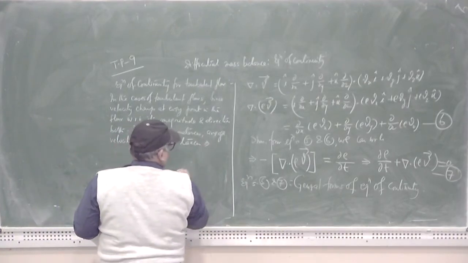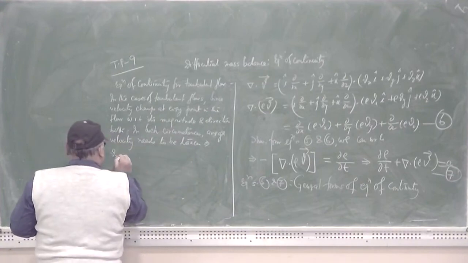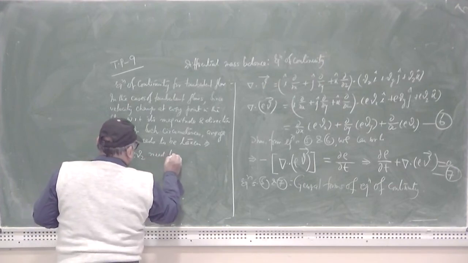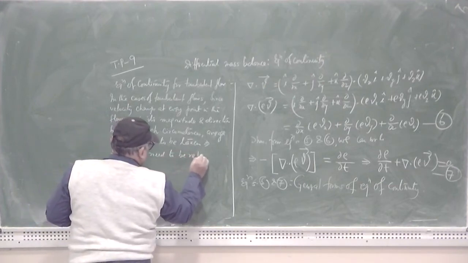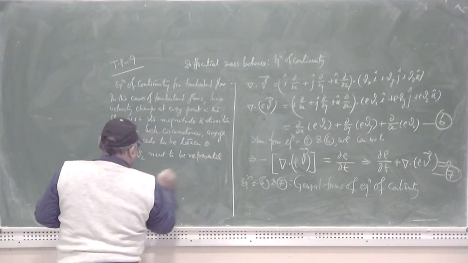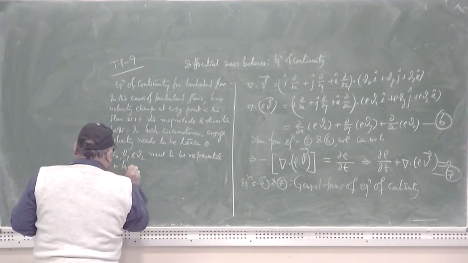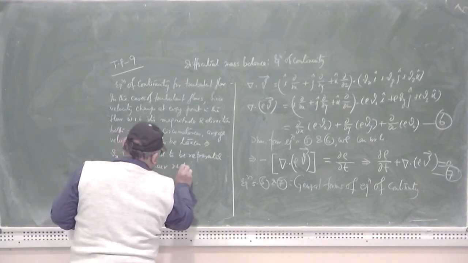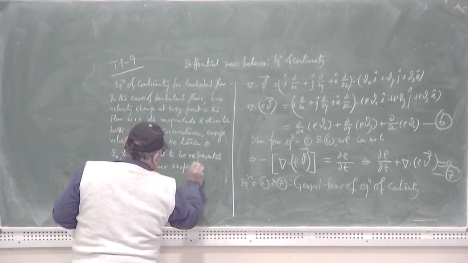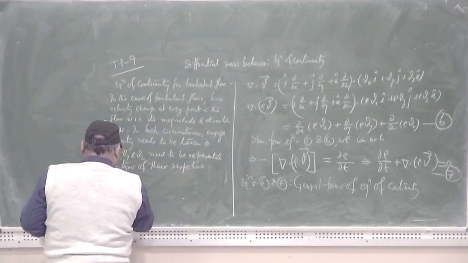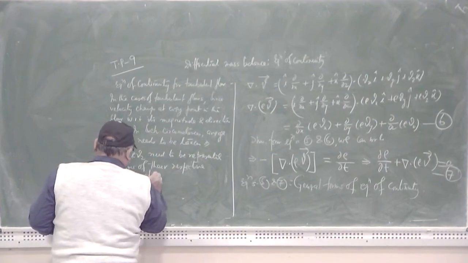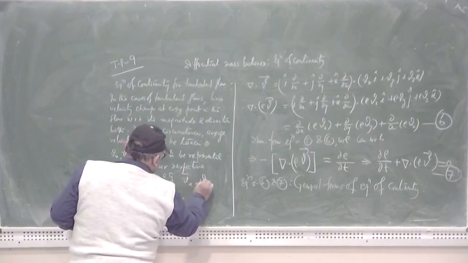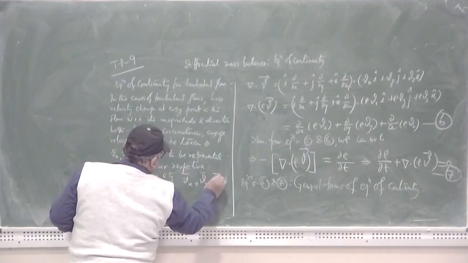That means Vx, Vy and Vz need to be represented in terms of their respective average values, such as Vx bar, Vy bar, Vz bar. So,